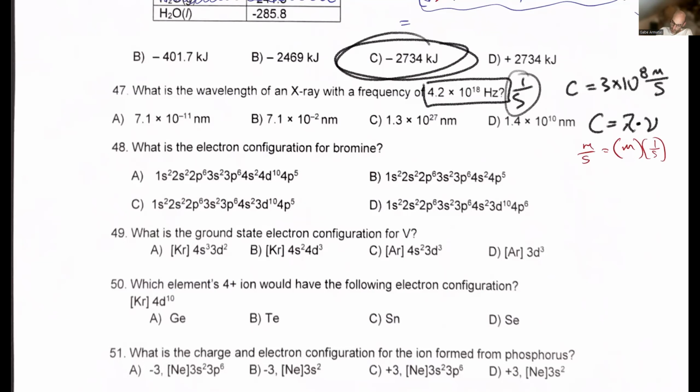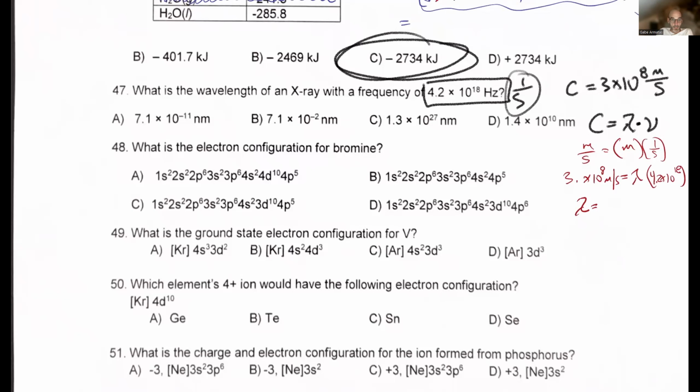And so what do we know? We know that C is 3 times 10 to the 8 meters per second, which equals the wavelength, which we're looking for, times frequency, which is 4.2 times 10 to the 18th hertz. And so we're going to rearrange this. I'm going to divide both sides by the frequency. And so your wavelength is equal to 3 times 10 to the 8